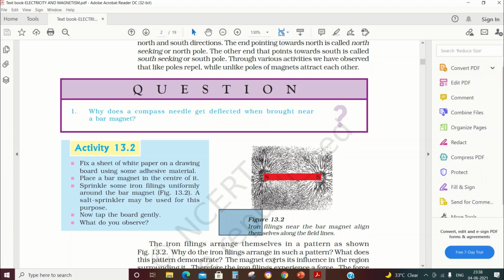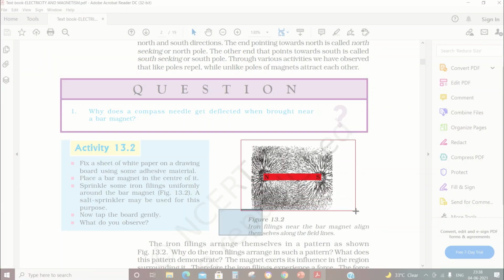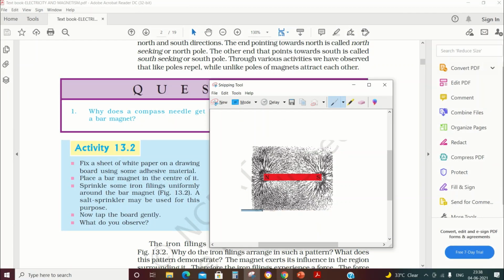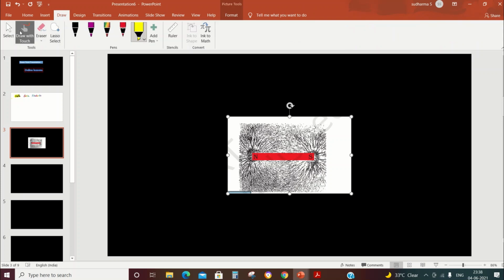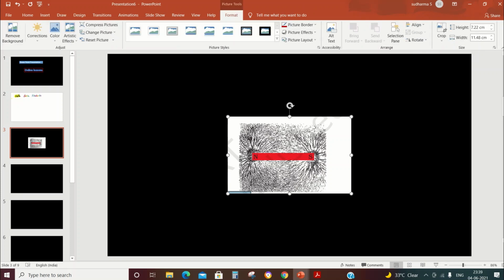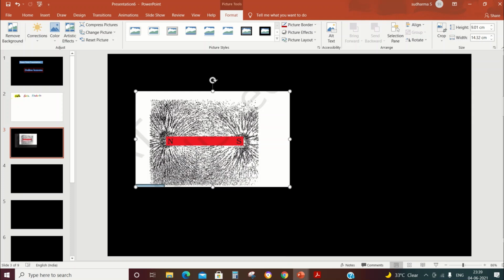Then the tool I use for this purpose is the snipping tool. So I can use the snipping tool, then just snip it, choose that particular picture and come back to our PowerPoint, go to home and then paste it. So you can see the picture is ready on the board. Now I can rearrange or position it.